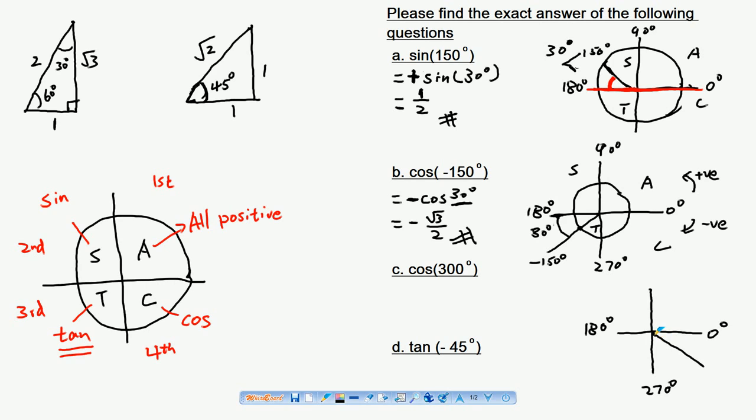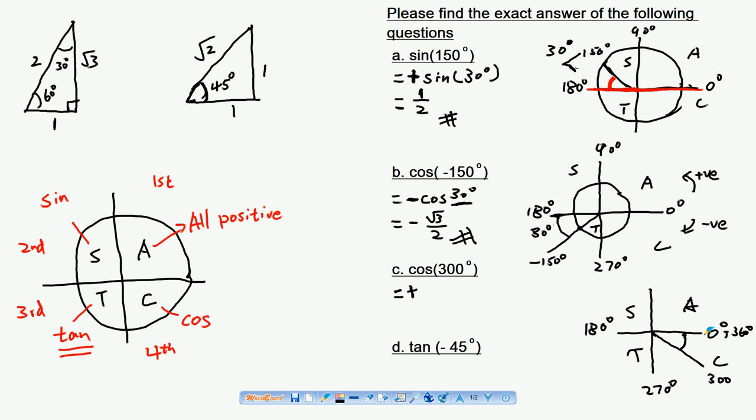Okay, 300 degrees, and we label C, A, S, T. So cosine of an angle in the fourth quadrant is positive. So our answer should have a positive value, and the angle between 300 degrees and 360 degrees there,